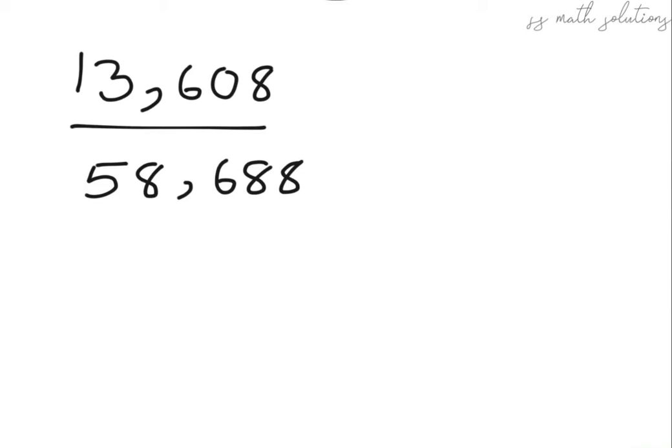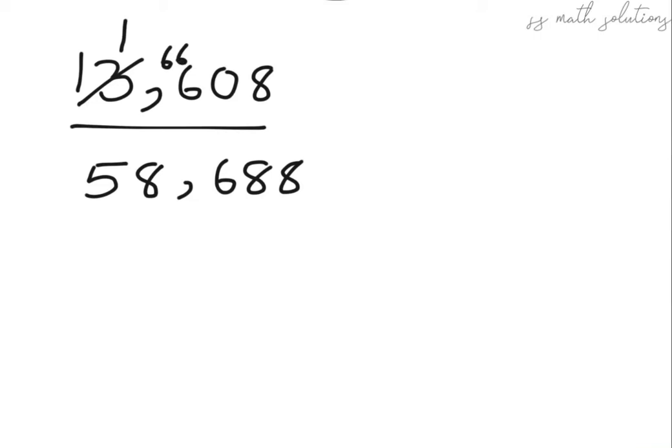So here I am trying to cancel with 7. What happens when we cancel with 7? The first part of the number is 13. In this 13, only one 7 is included, so we write 1 here. 1 into 7 is 7. Now 13 minus 7 is 6, and that 6 joins the next digit, so it changes to 66.